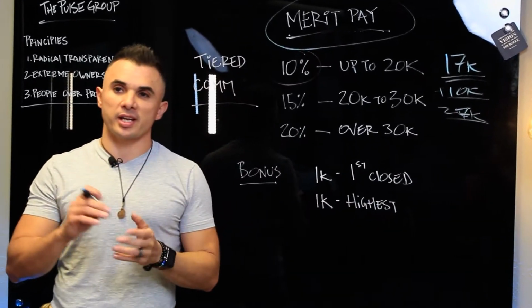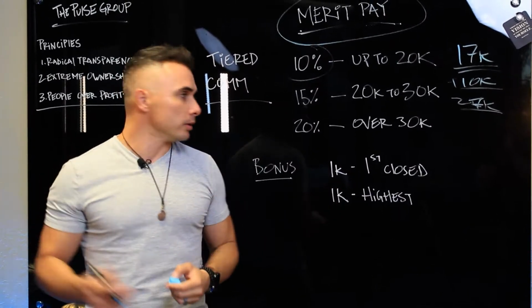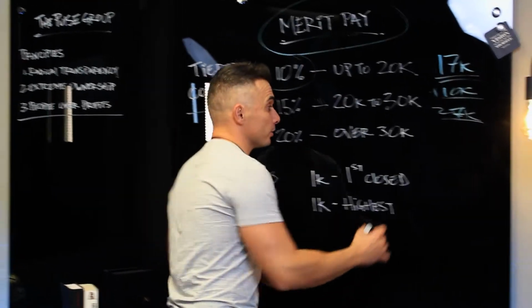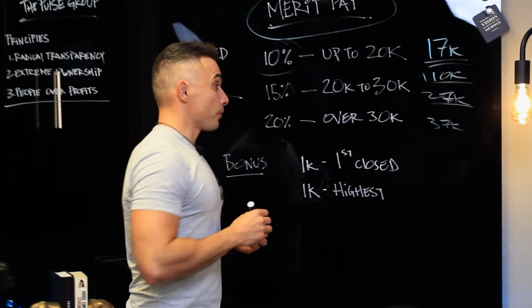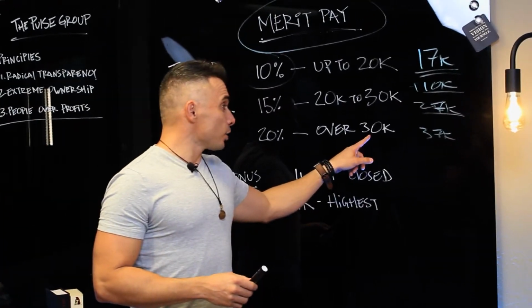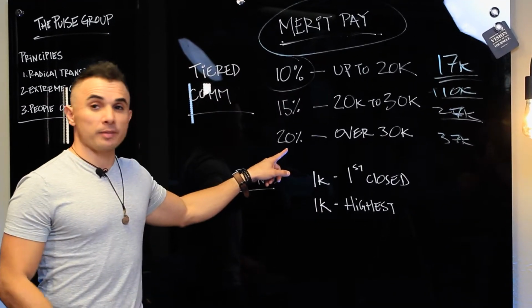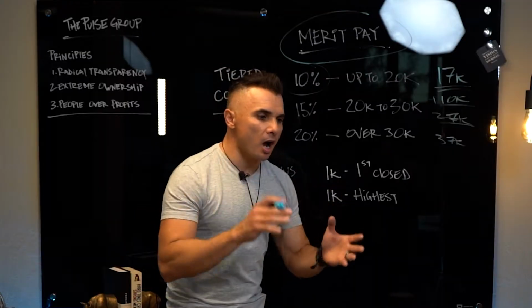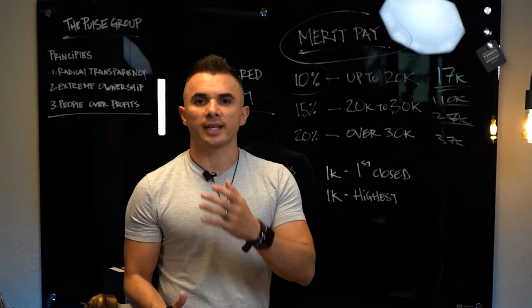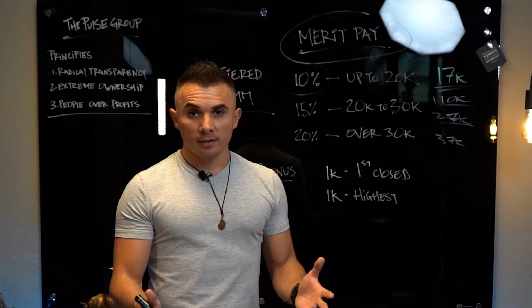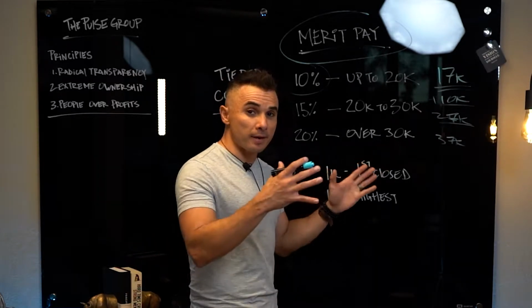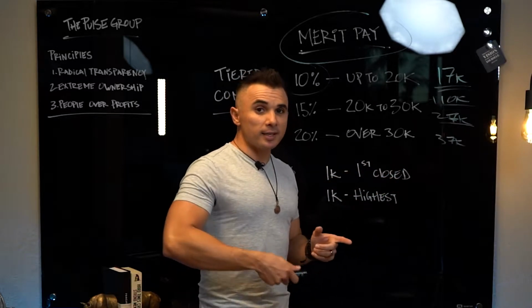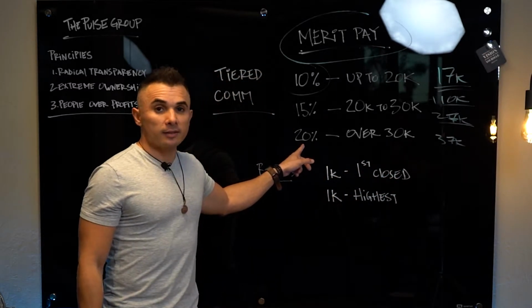So the commission percentage is increasing little by little. Say that they bring another $10,000 deal. Now they're up to $37,000 for that particular month. All right, so anything over 30K, they make 20% off of that. Now, it's not uncommon to bring in 50, 60, 70K worth of spread for that same month. So it resets, right? Anything over 30K for that month, they're gonna be making 20% off of that, all right?